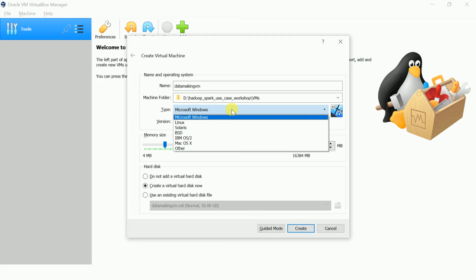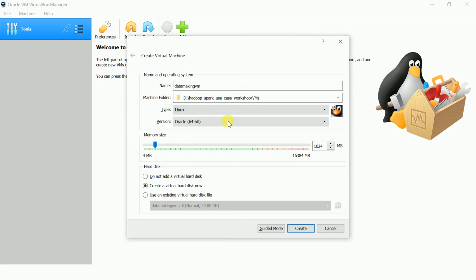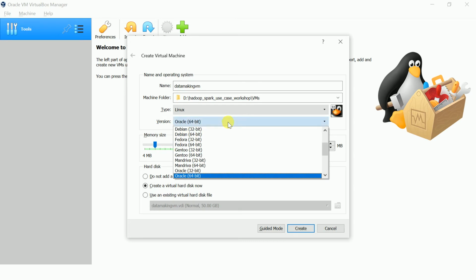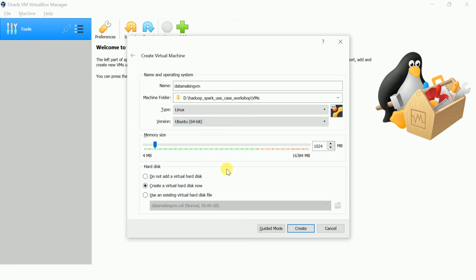Then you need to choose the operating system. We are going to install Ubuntu, which is a Linux flavor, so choose Linux as the type and Ubuntu 64-bit as the version. Then you need to set the RAM size. I would suggest allocating more RAM so that your system will not hang.